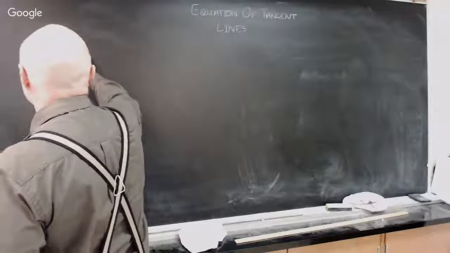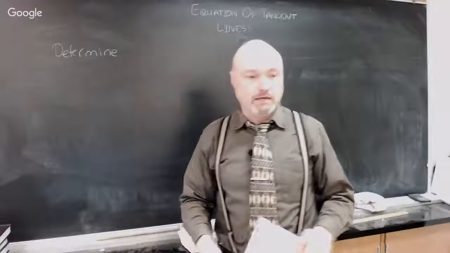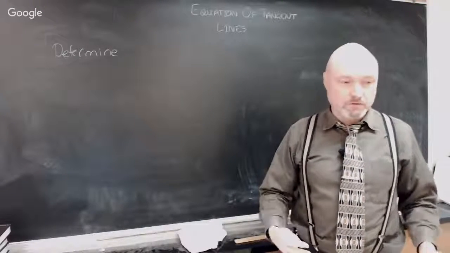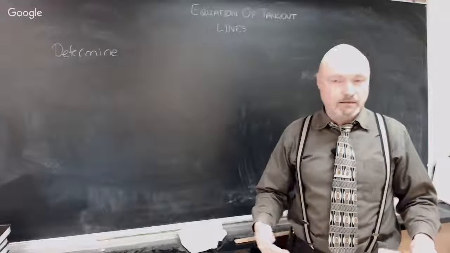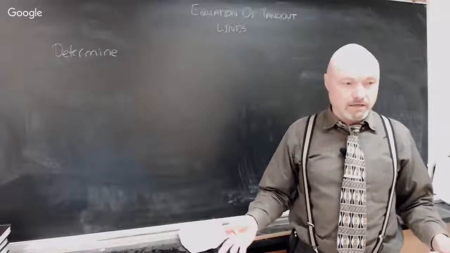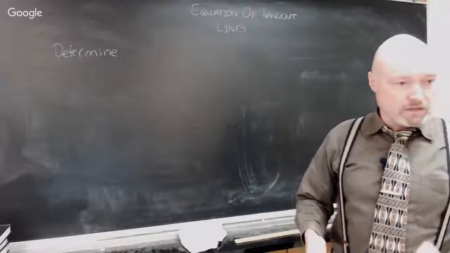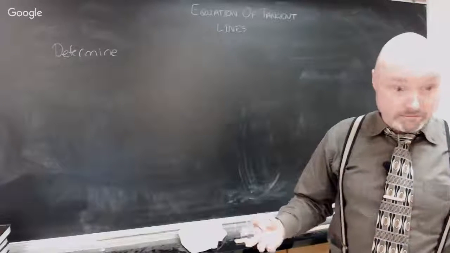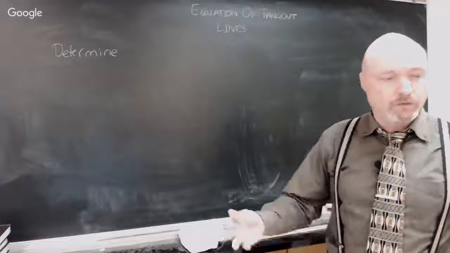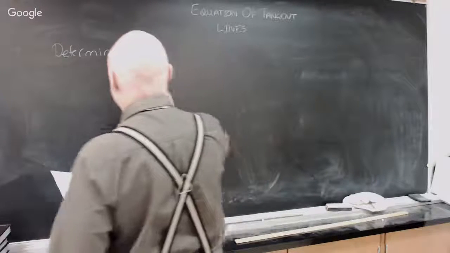So these are all kind of the same thing. You're asked to figure out what the slope is, and then you use the slope and a point to determine the equation of a tangent line by solving for the mx plus b. Or it might be the other way around, where you're asked to find out where a tangent line with a certain slope is going to touch the curve. So,